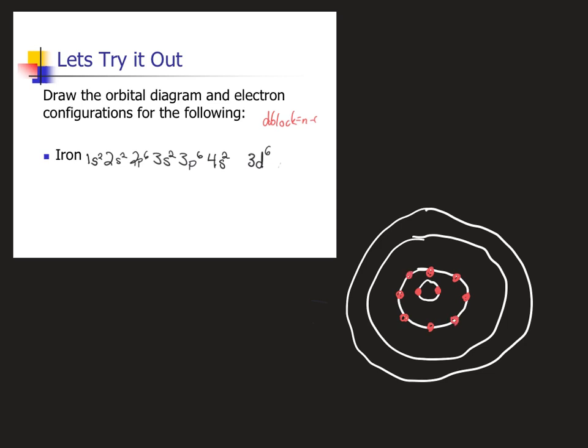Now in the 3rd row, it's probably going to be easiest to fill in as you go. So I would put in my 8 for my S and P orbitals. Fill my 4s. Then I see that I have 6 electrons from the D, and I have to place them in, and I'm going to change the color of my red here to kind of indicate that, just so that I can show you